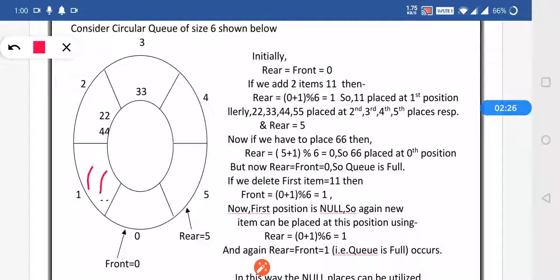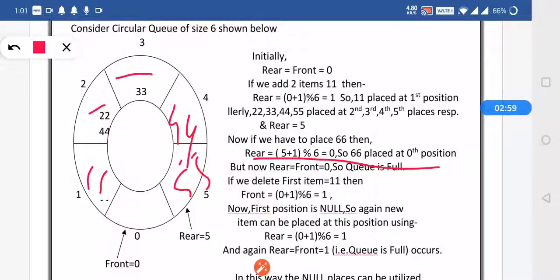So by applying this particular formula, 22 is stored in the second position, 33 is stored in the third position, 44 is present at the fourth place, and 55 is placed at this particular place. Now if we have to place 66, when we are applying the formula, we are getting the value as 0, that is nothing but 0th position.